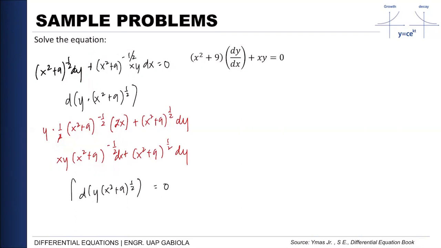Okay? Then integrate lang natin both sides. So we have y x squared plus 9 raised to 1 half is equals to c. Okay? So this will be our linear equation or yung anong solution for the linear equation na given. Okay? So yung answer ninyo will be parang after mo i-check yung linear form niya is